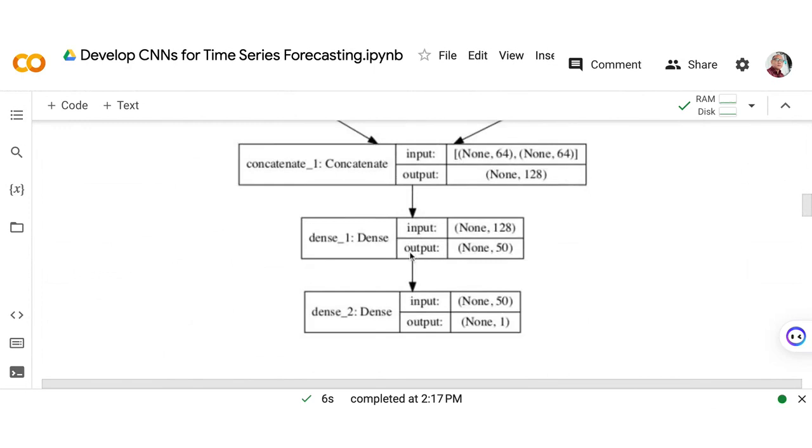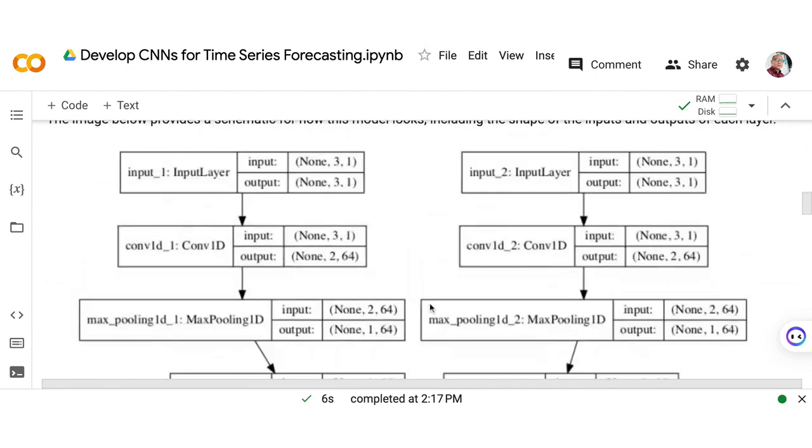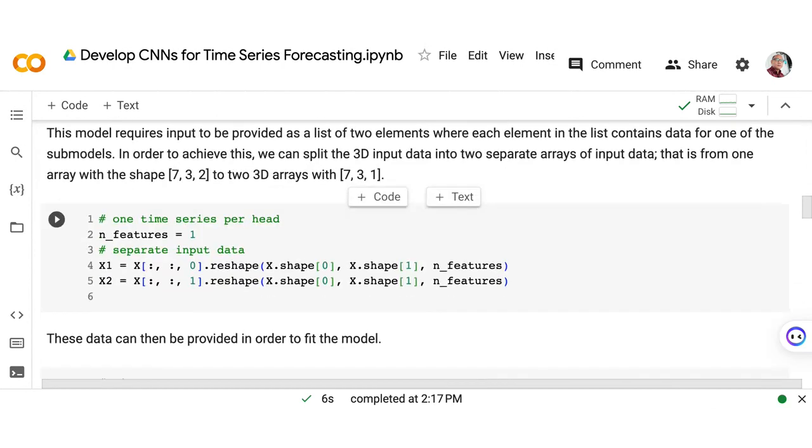And then we added the dense or the fully connected layers that has 50 neurons. And then we have now the output layer. Okay? So, ganun lang po. No? Parang multi-headed siya kasi meron siyang dalawang input model here for input model 1 and input model 2.